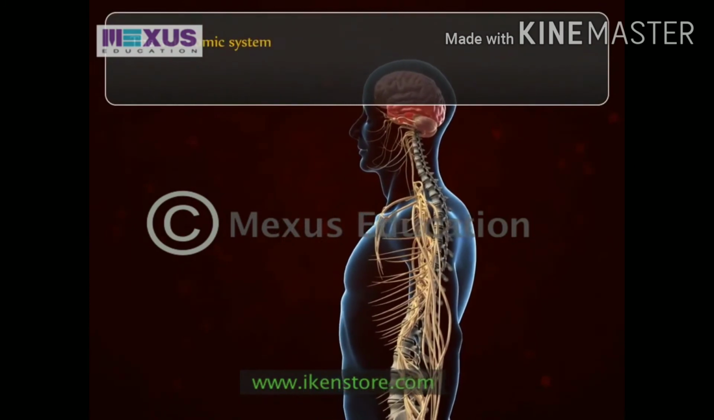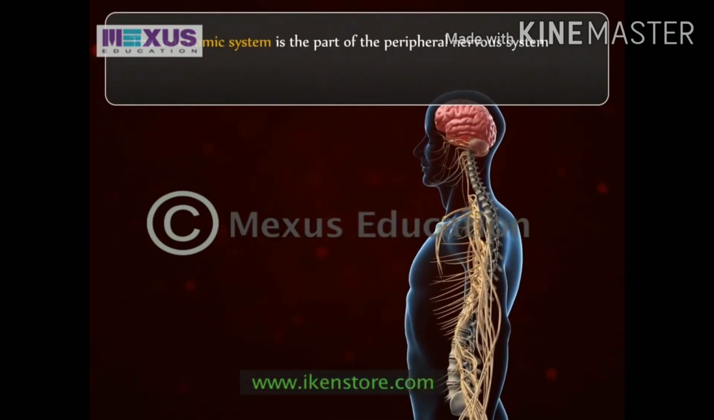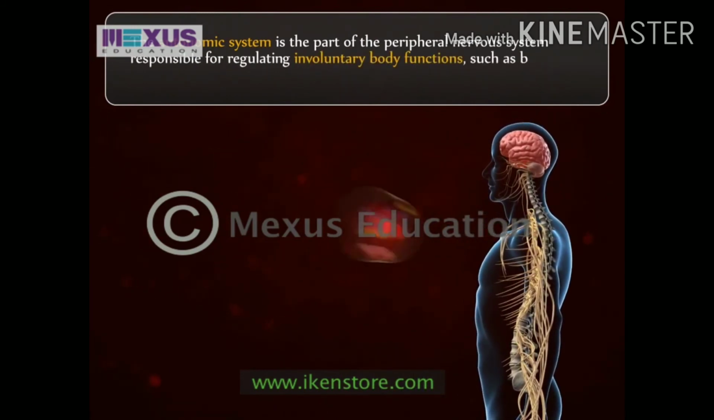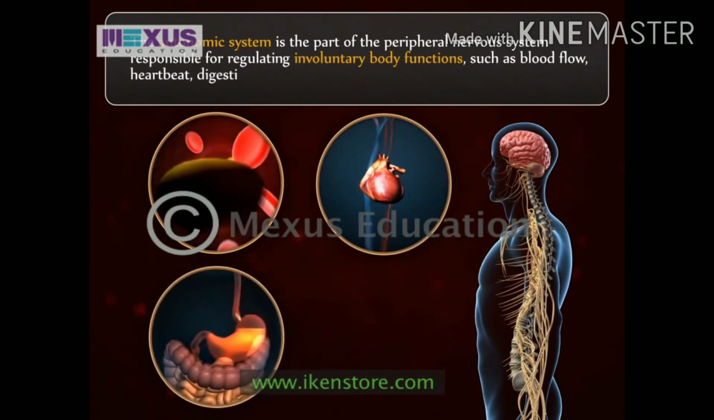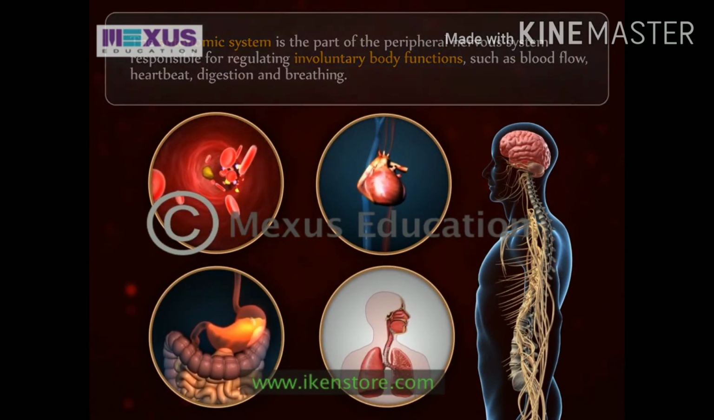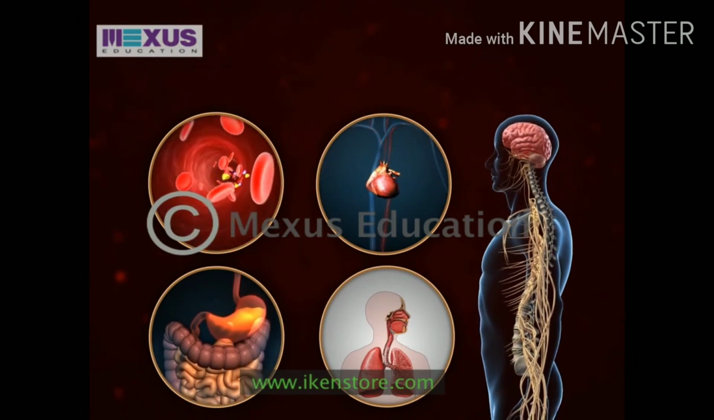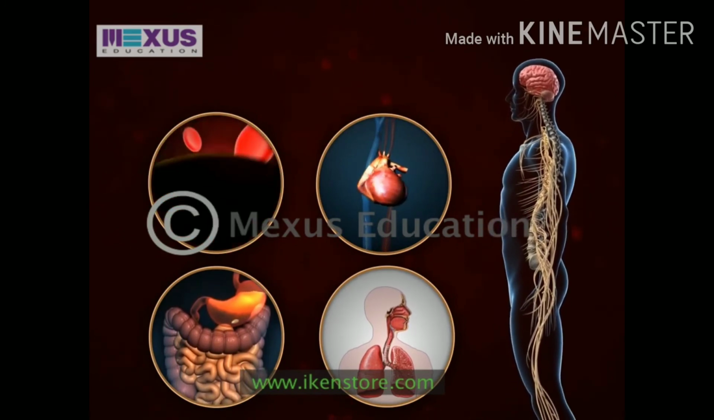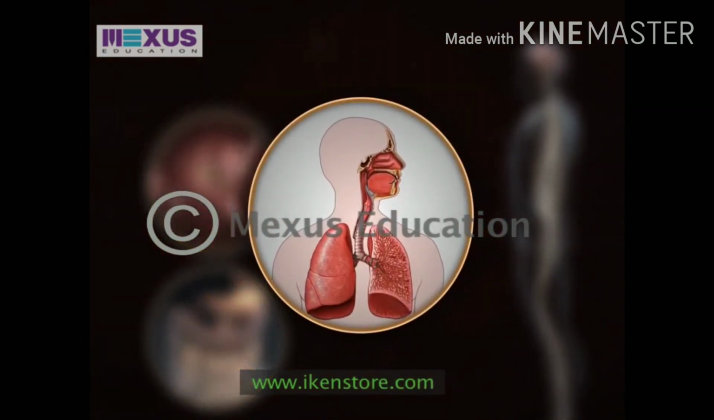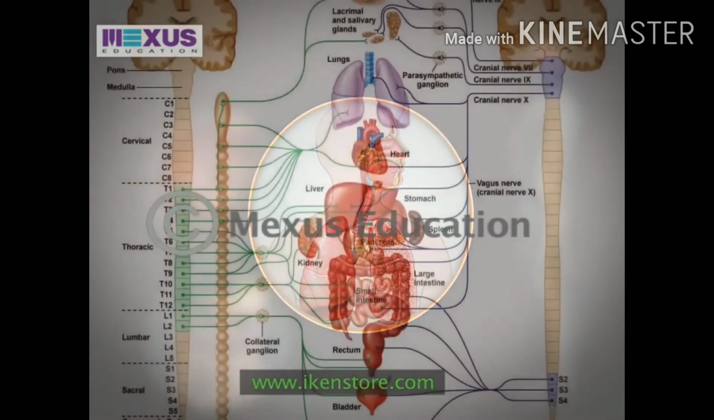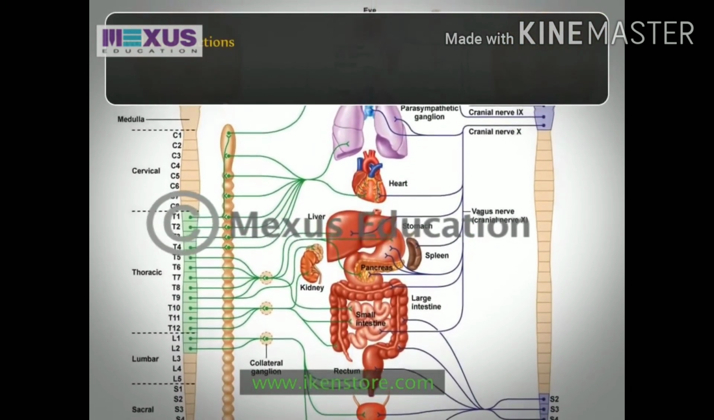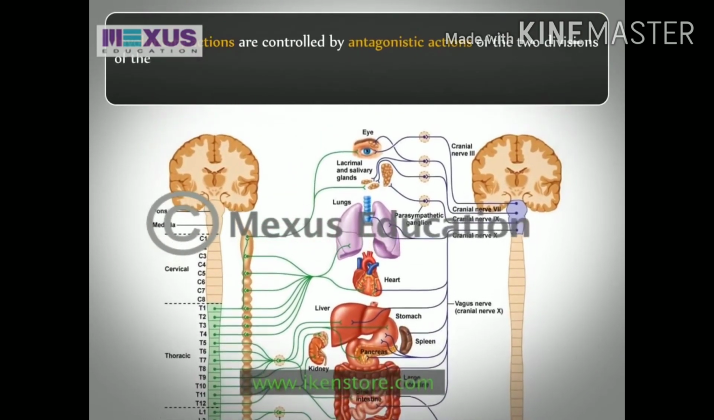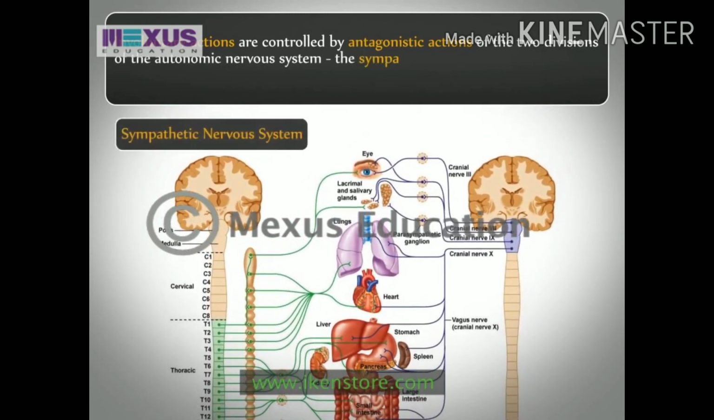The autonomic system is part of the peripheral nervous system, responsible for regulating involuntary body functions such as blood flow, heartbeat, digestion, and breathing. It is generally without conscious control, whereas most of its actions are involuntary, such as breathing, they work in tandem with the conscious mind. These involuntary actions are controlled by antagonistic actions of the 2 divisions of the autonomic nervous system, the sympathetic and the